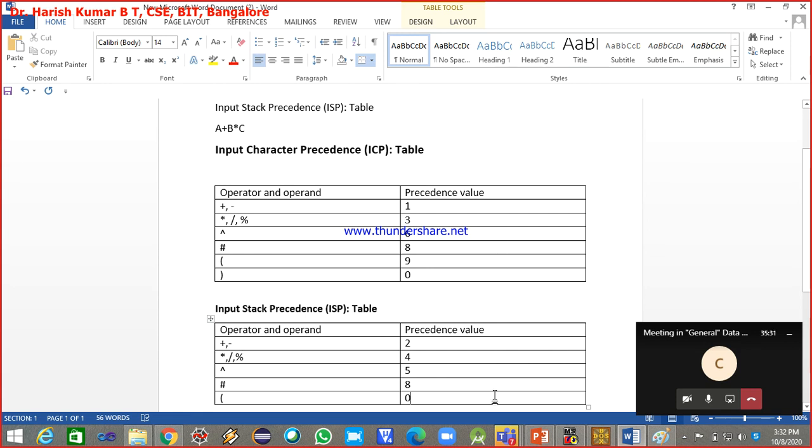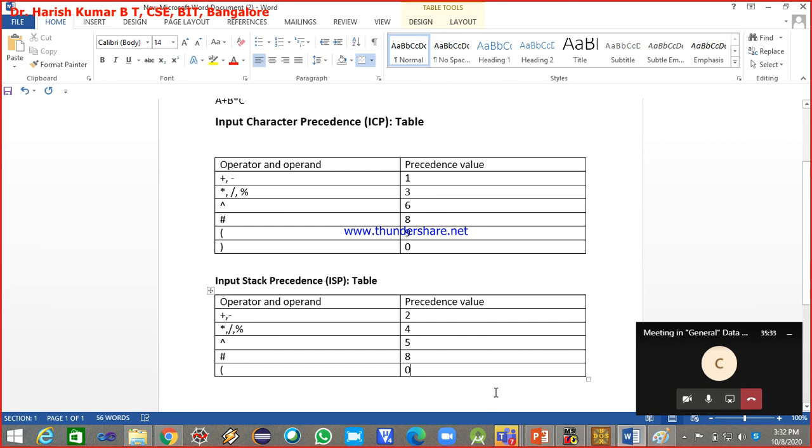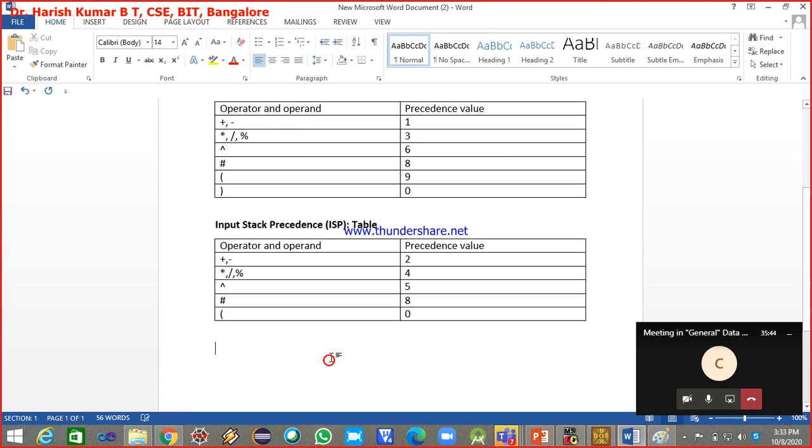If you know these two tables, then easily you can write a program to convert a given infix expression into the postfix expression using the stack. Apart from this, I'll just show you this simple condition you have to remember.